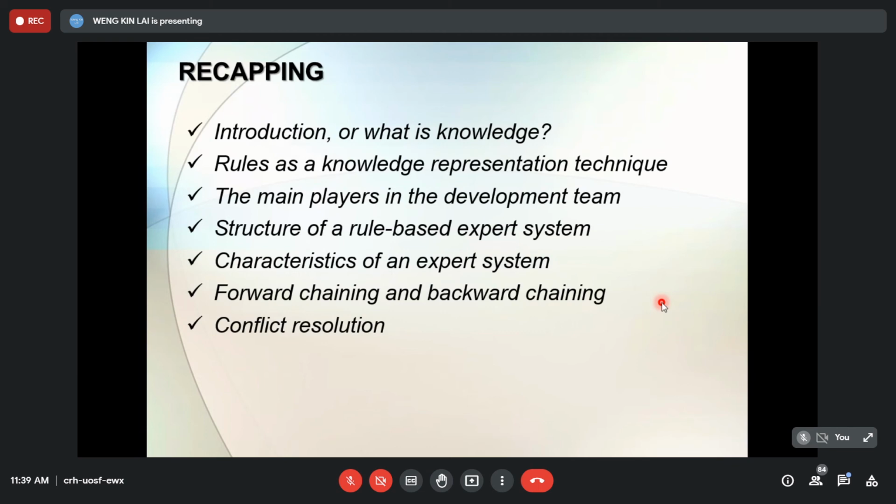And then also you'll be figuring out why he put that rule inside, right? Because you cannot simply delete unless you know what was the reason why the rule was included in the first place, right? If you simply delete, it might create more problems than good. So that is what we call conflict resolution. And then we found that there are some ways to resolve such conflicts by setting certain priorities to the rules. And then there's also where we learned about meta knowledge, and how we can use meta rules